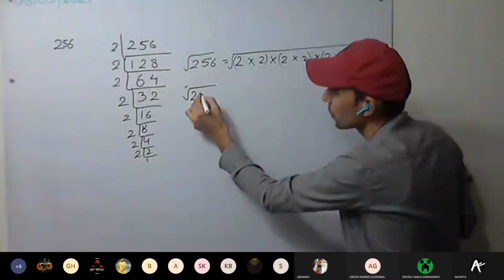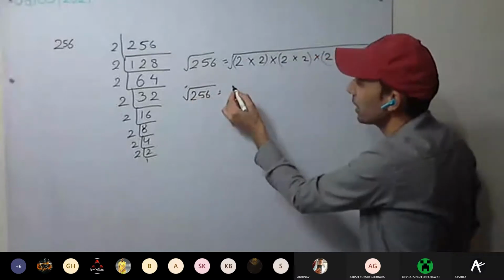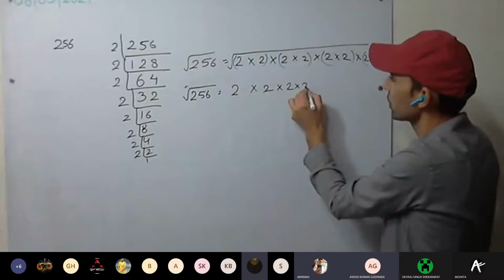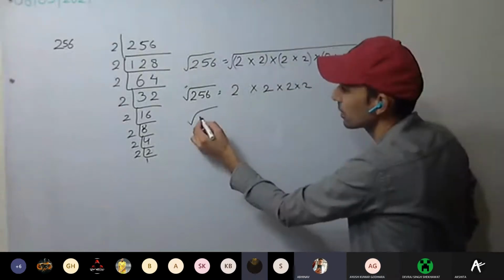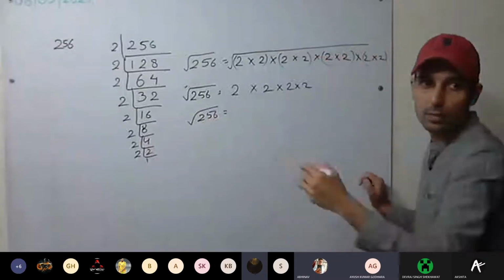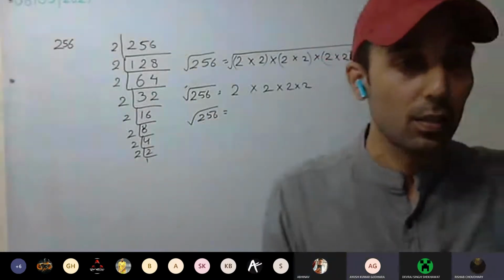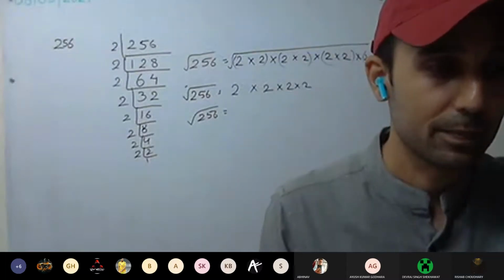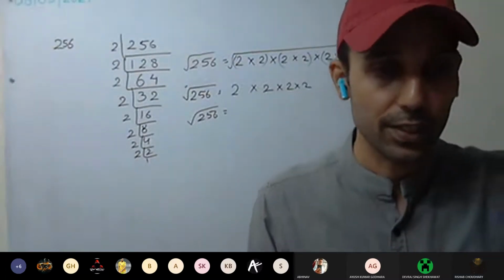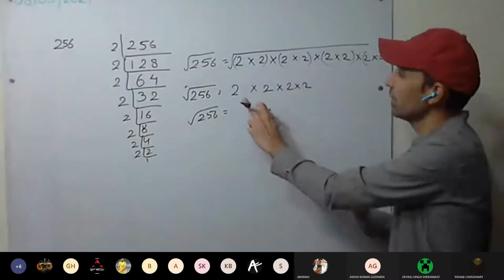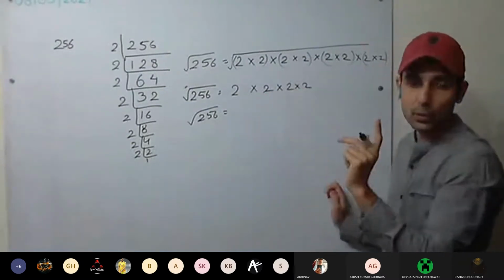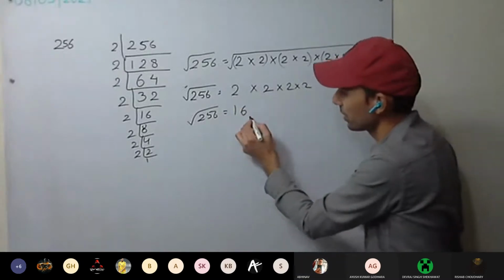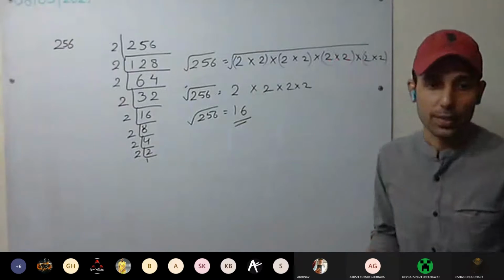Again we have to write root 256. When we have taken out the first 2 into 2 into 2 into 2, 4 times. Rest of you, please stay quiet. Let me explain first, then you keep doing. 1, 2, 3, 4 times 2 we have. 2 to the 4, 2, 4, 8, 16. This is clear? Okay.